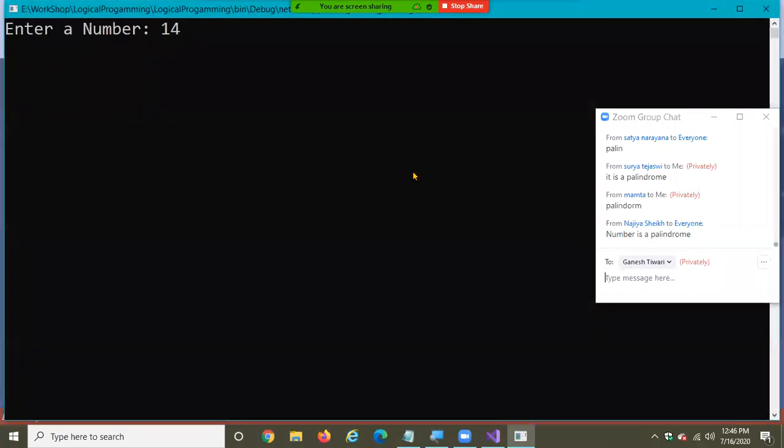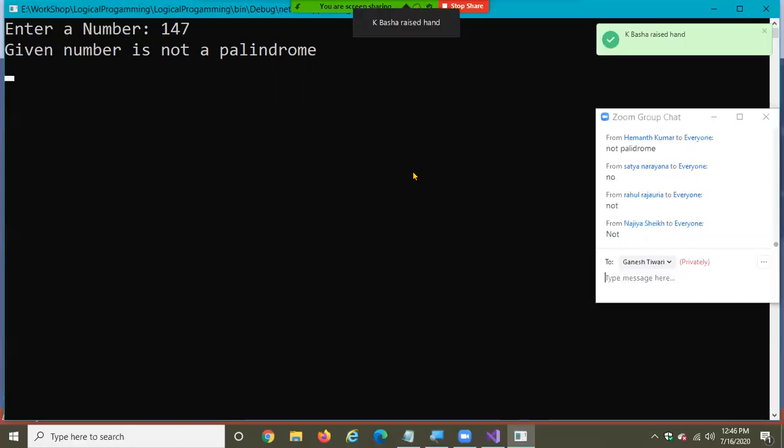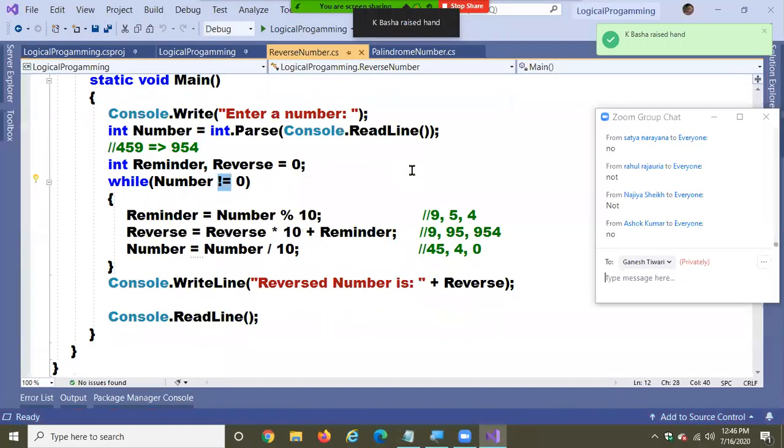One, 4, 7. Palindrome or not palindrome? Given number is not a palindrome.